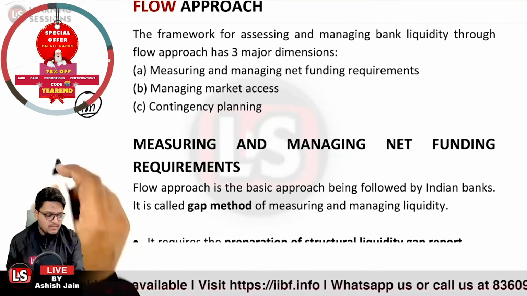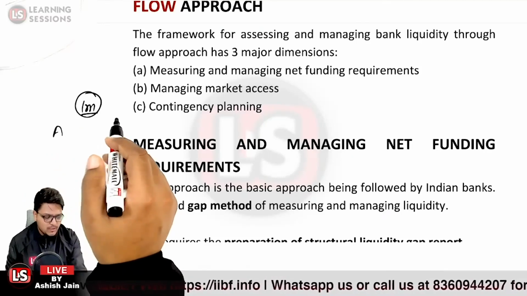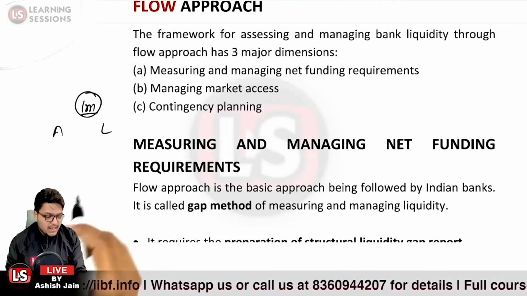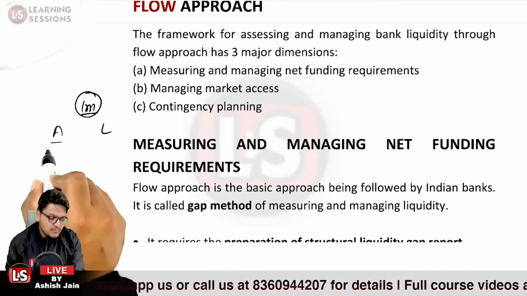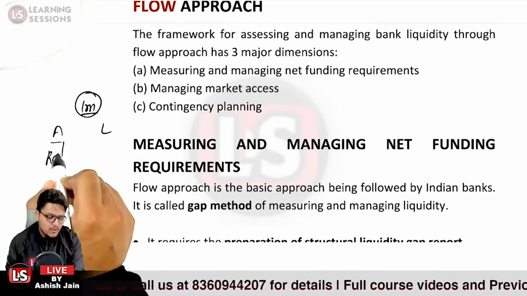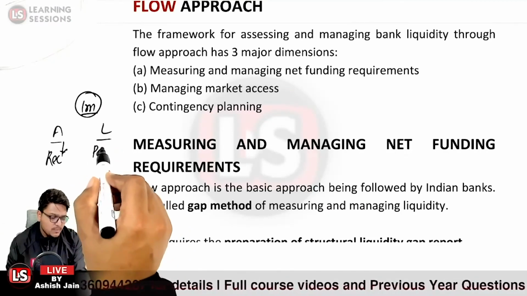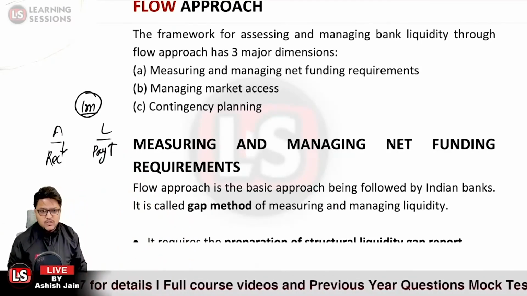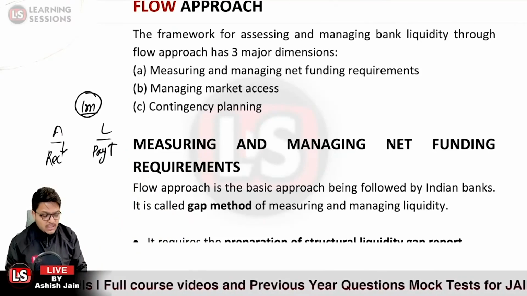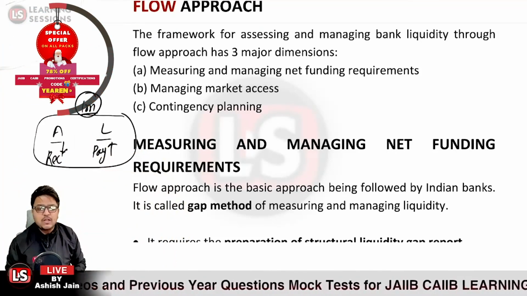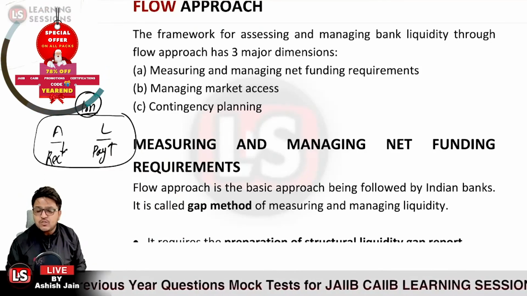In that case, we will be saying what amount of the asset is going to be matured and what amount of the liabilities is going to be matured. Asset is basically related to the receipts, the amount that we will be receiving, and liabilities are related to the amount of the payment that is to be paid. The difference between these two over the same time horizon is said to be the gap which is to be bridged.